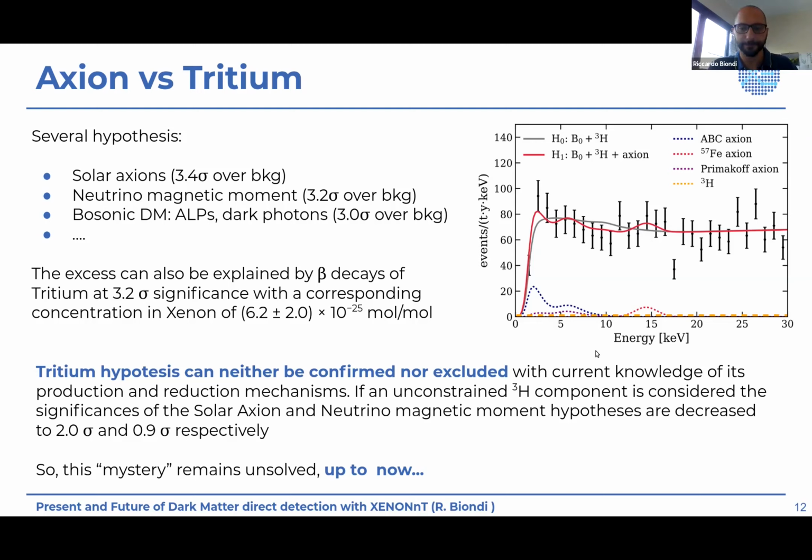So you see here, if we confront the two hypotheses, the tritium-only and the tritium plus axion hypothesis, the sensitivity is reduced from 3.4 sigma to 2. Actually, this hypothesis cannot be either confirmed or excluded because of our current knowledge of the production and reduction mechanism of the tritium inside the detector. So for now, the mystery remains unsolved, but only for now, because